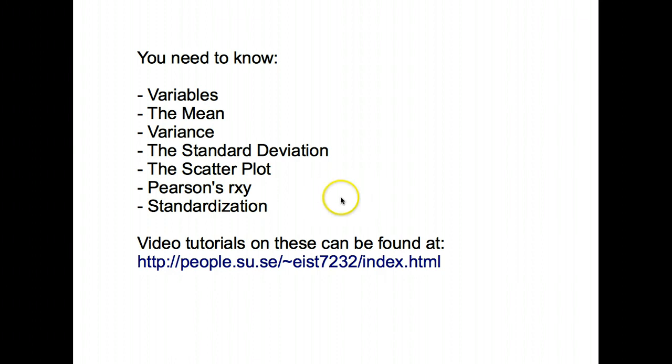So if you're unsure about what variables are, or how to interpret a scatterplot, or what Pearson's rXY is and correlation, you need to learn that first to really be able to understand regression in the way I'm teaching it in this tutorial. Tutorials on these concepts can all be found in my video tutorials, so check out my website and study up on these things if you feel unsure about them. But for now, I'm just going to assume you know what these things are, and I'm going to move on